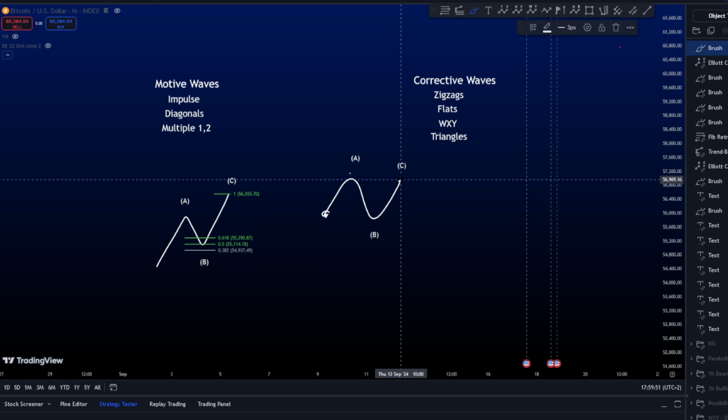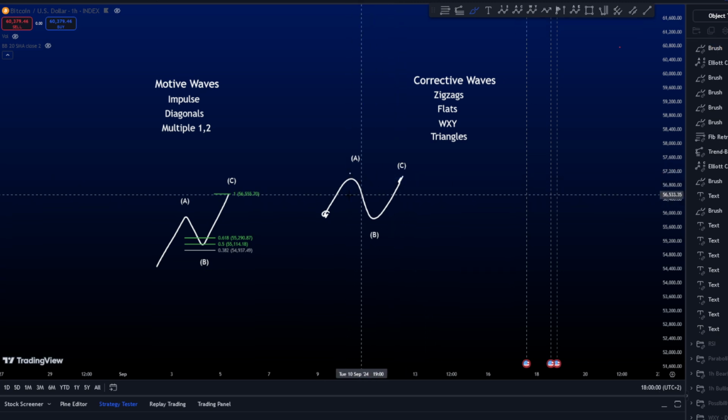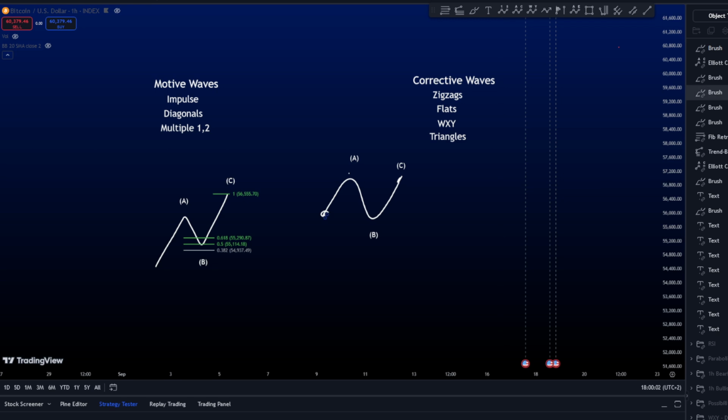You want to see your wave C finishing exactly on the level of the wave A, or 5% more from the wave A. This is your flat. How can we trade this? We cannot trade it at all. Because if you want to trade this,